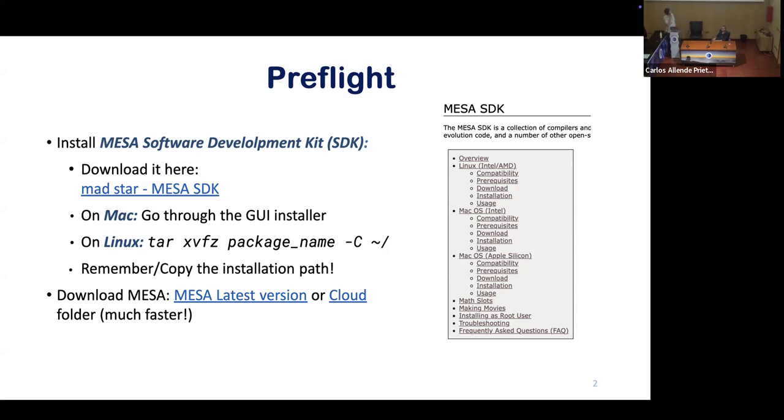And the latest version for different releases, or? No, the software development kit is the basics that you need for MESA to run. And the latest version is actually the MESA kit itself. So the software development kit is just like the Fortran compiler, different libraries, library Z, etc. You can install them all manually as well, if you wish. But it is recommended to use the software development kit because it is made to work with MESA itself. So the one is the prerequisite, and the MESA itself is then,